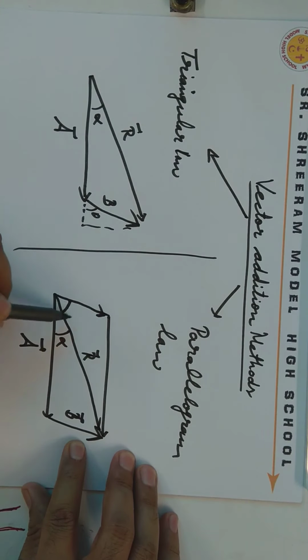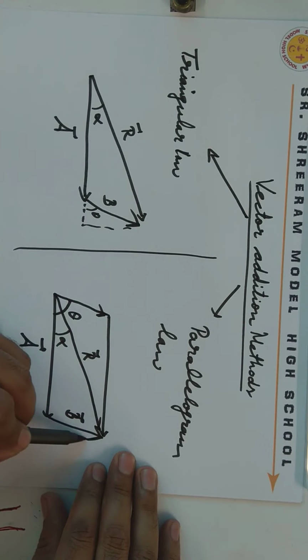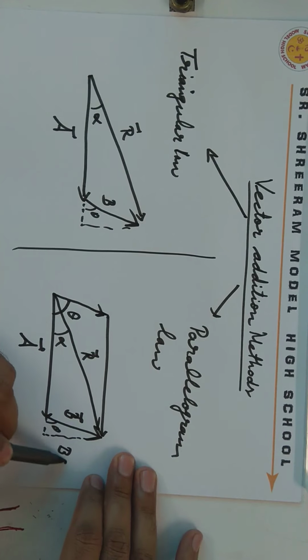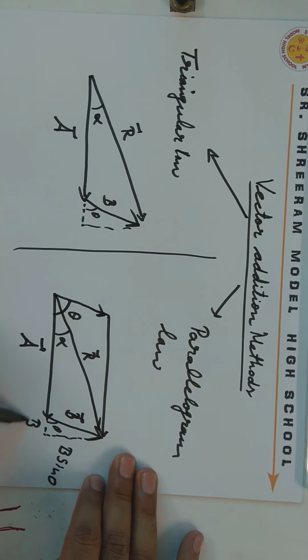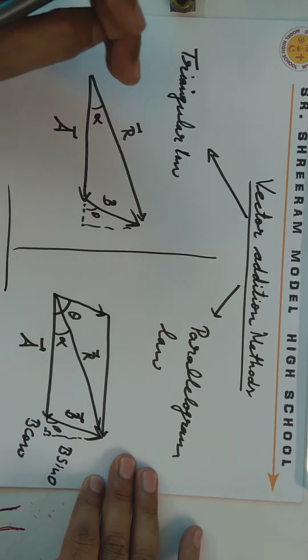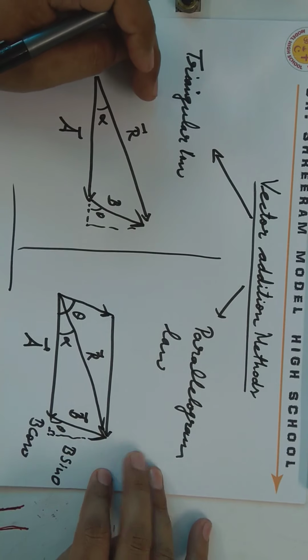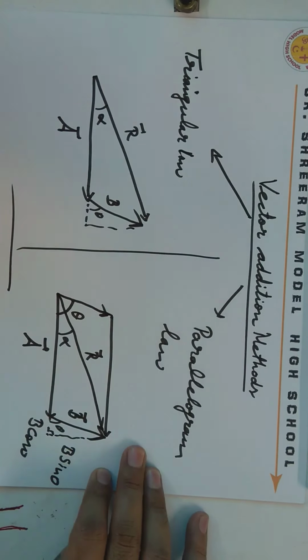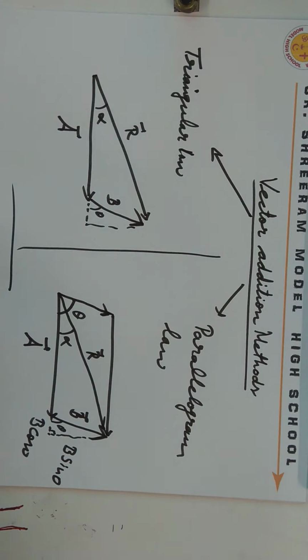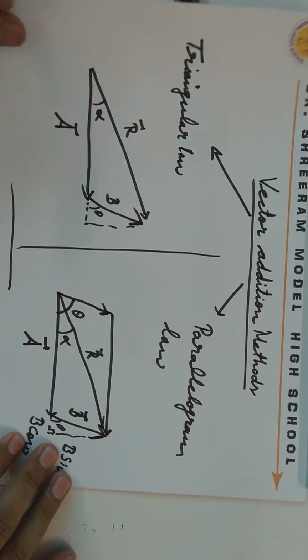This was originally angle theta. We can write it like this, or we can draw it like this. This is theta again, this is again B sin theta, this is again B cos theta. So again, if we see closely, we can use this triangle and apply Pythagoras theorem. So no issues, whether it comes to solving using triangular law or parallelogram law. In both cases, ultimately you will have to apply Pythagoras theorem. Okay, so we move further in our class.